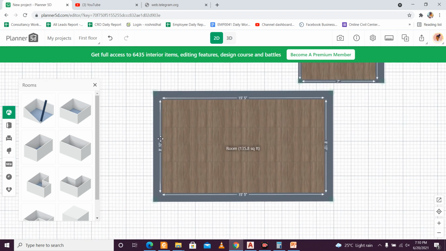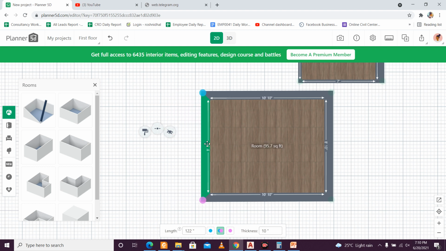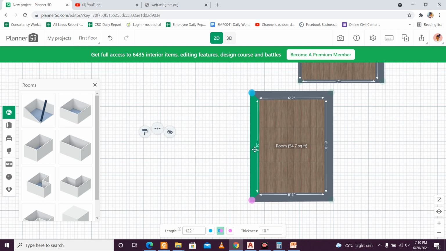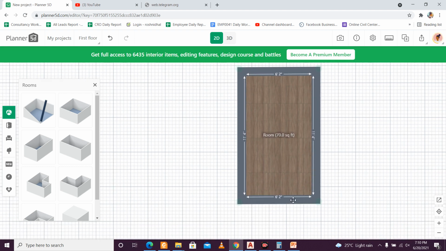So this thing we will do as 16 feet 6 feet 2 inches. So here we'll go and do this as 6 feet 3, 6 feet 2, and this one will do as 14 feet. So here we go, 11 feet 3 inches and 14 feet. This will be the two landings along with the particular steps.